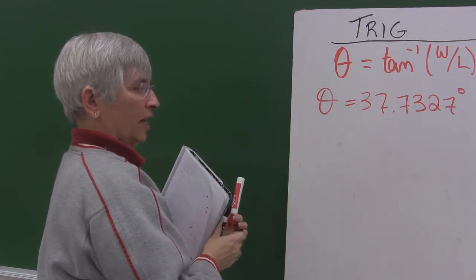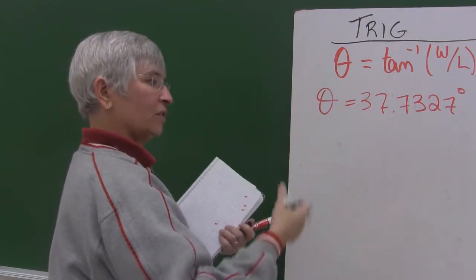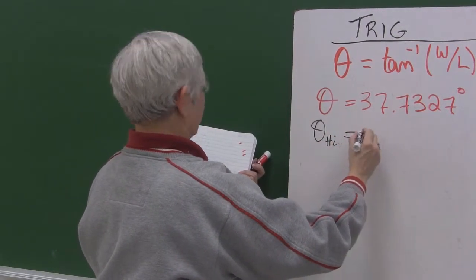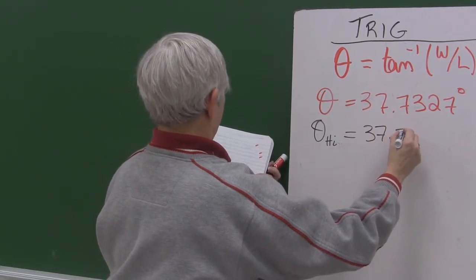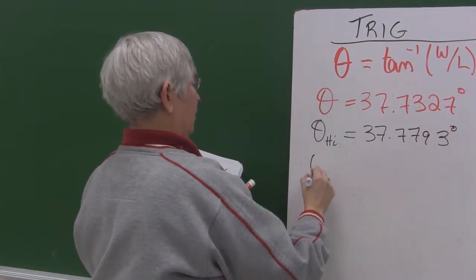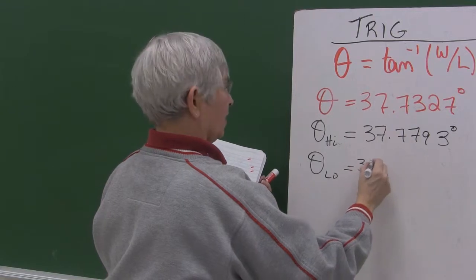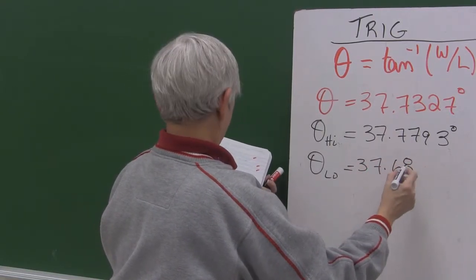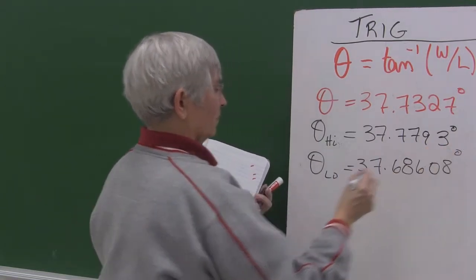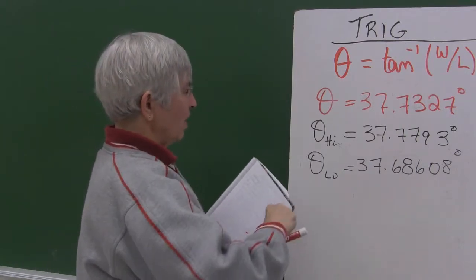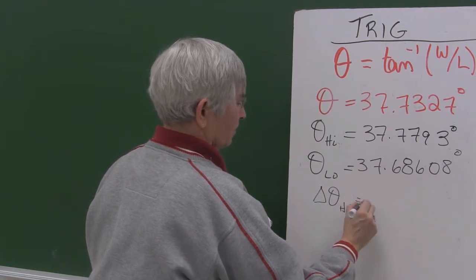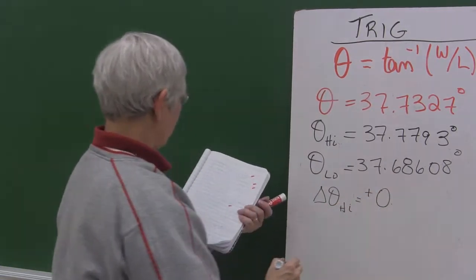Using my highest value for tangent theta, doing the inverse function on that, 37.7793 degrees. My lowest value would be 37.608. And I can see that my uncertainty, the deviation from the highest value, would be